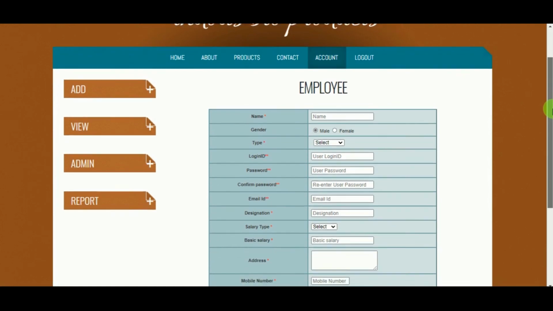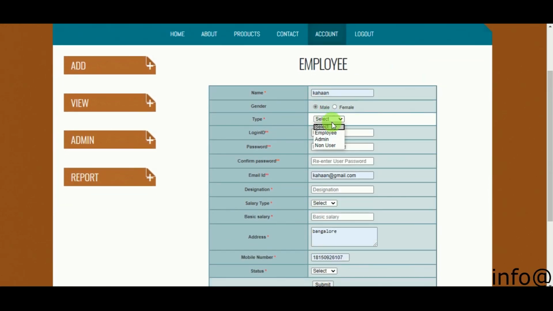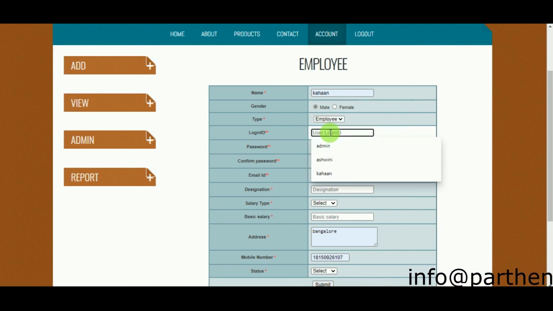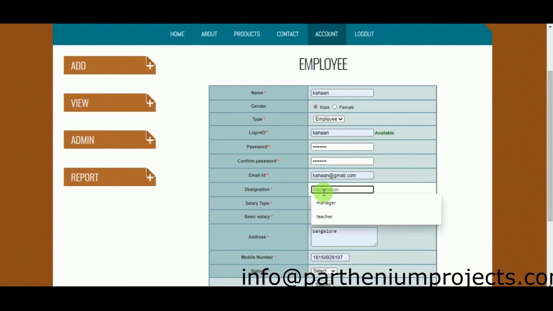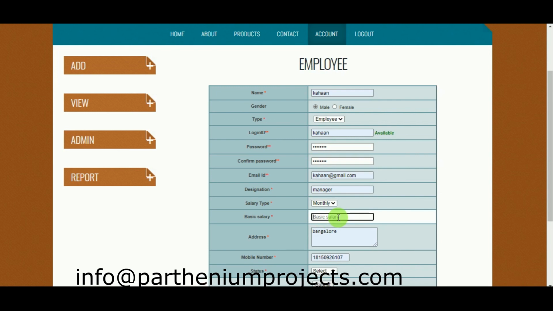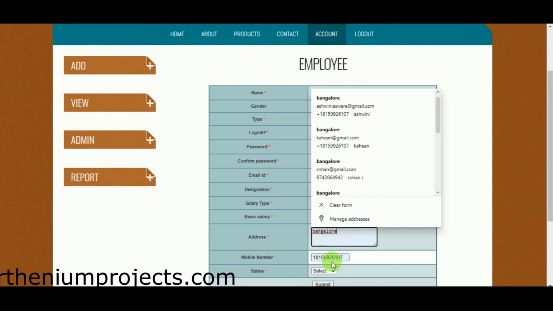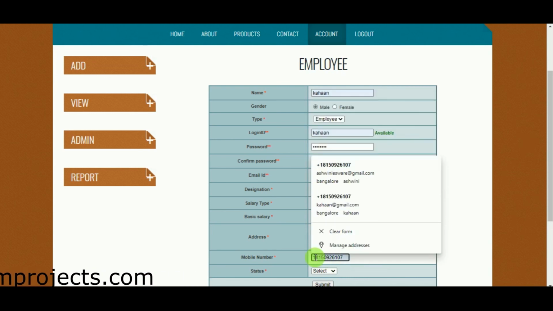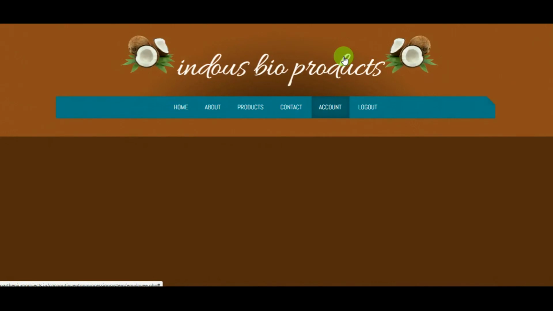Under add employee you are going to add the employee with name, gender, type as employee, user ID, password, re-enter the password, then give designation as manager, salary monthly wise, basic salary, I'll enter 10,000. Address Bangalore. Phone number I have given. Then I have given status as active. Click on submit. Once you press submit, the employee is added successfully.